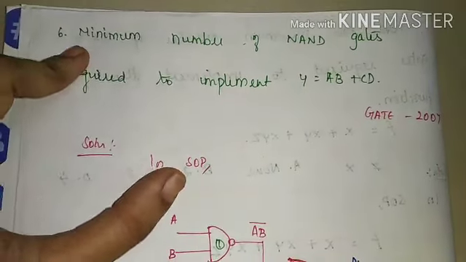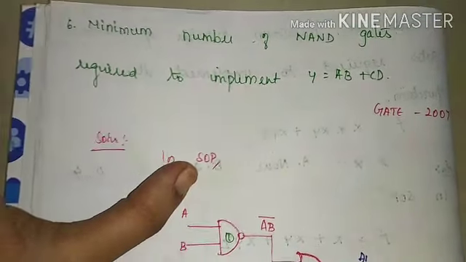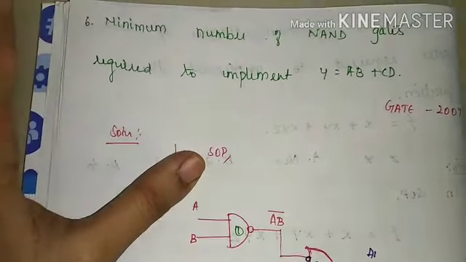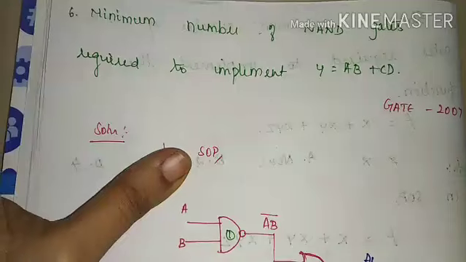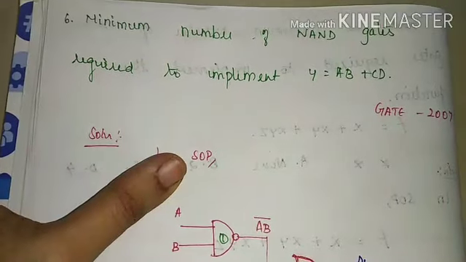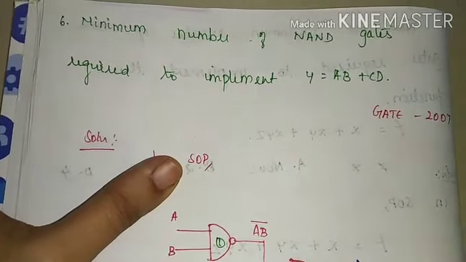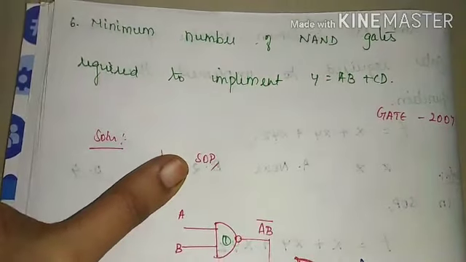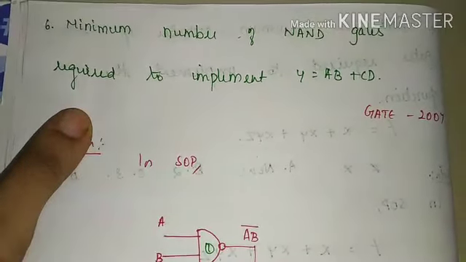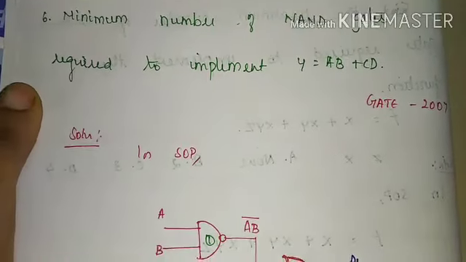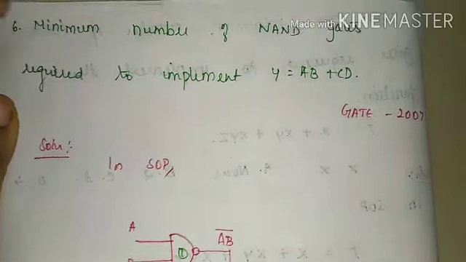See, if you understand this concept, if you understand these two steps. First step, if they are asking us to find the NAND gate, we have to convert the given function into SOP. Then our second step will be, we have to implement the given function in AOI representation. AOI is nothing but AND OR implementation. Then we can easily achieve our answer.